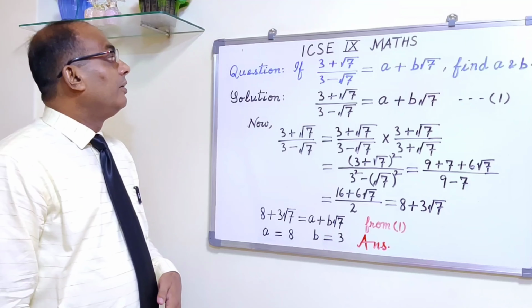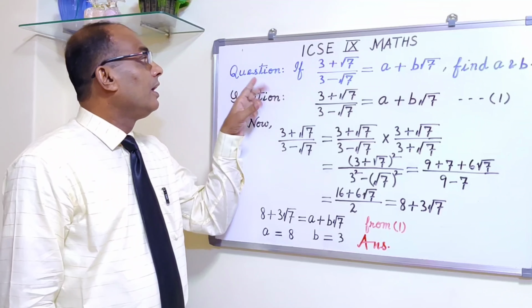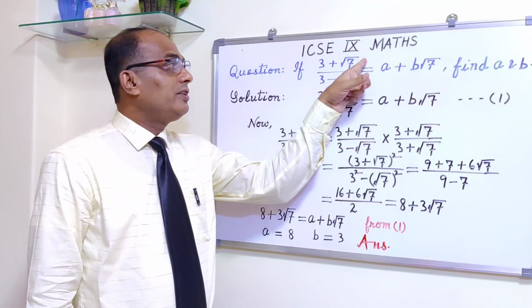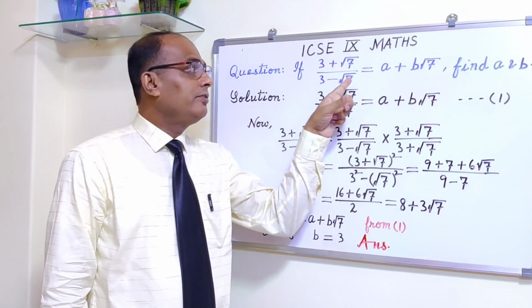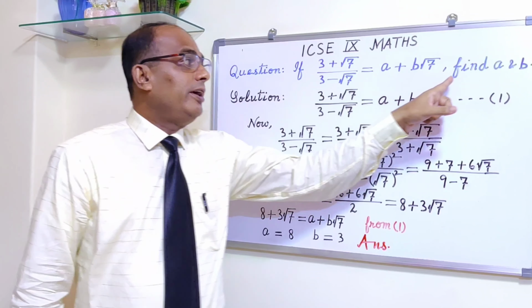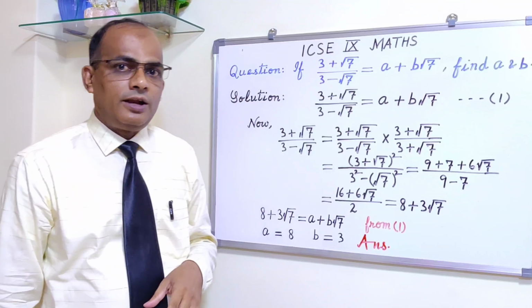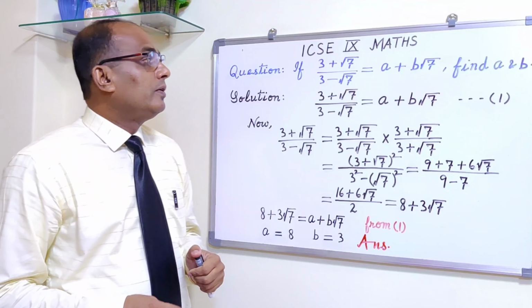Okay, now let's start. The question is, if (3 plus root 7) divided by (3 minus root 7) is equal to a plus b root 7, then find the values of a and b. That is the question. Alright. So,